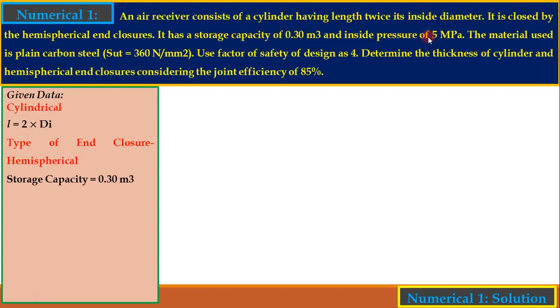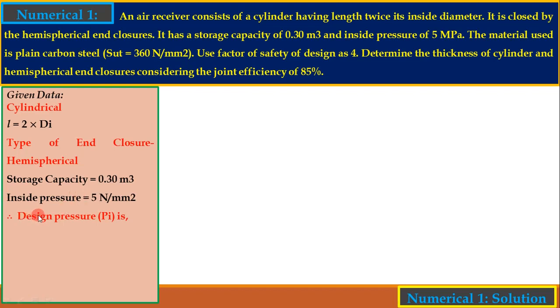Then inside pressure is 5 megapascal, that is operating pressure 5 megapascal or 5 Newton per mm square. The material used is plain carbon steel. SUT is equal to 360 Newton per mm square. So therefore,